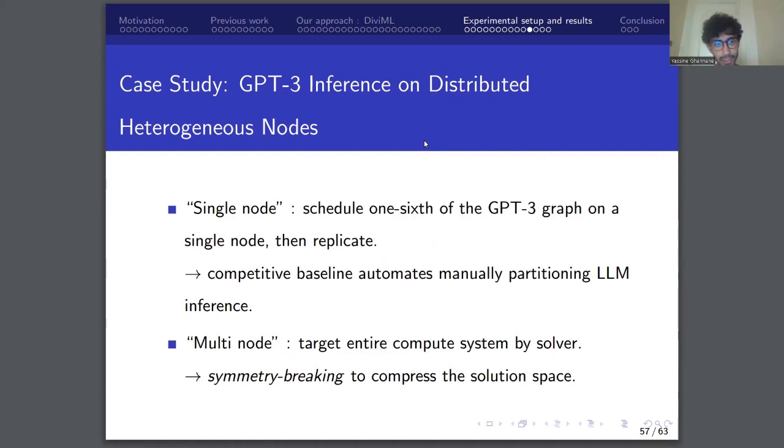In the different evaluations we implemented, there is a single node and a multi-node approach. The single node is seen as a competitive baseline where we schedule 1/6 of our GPT-3 graph on a single node, then replicate it on all other nodes. This tries to emulate how an efficient manually partitioned LLM is done in practice, whereas the multi-node is what we are trying to propose, to show how targeting the entire compute system by our solver can be done by symmetry